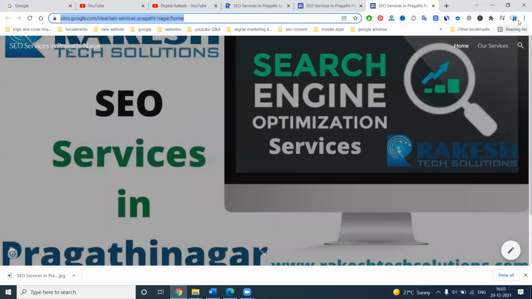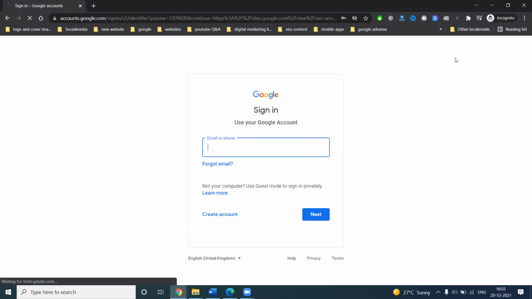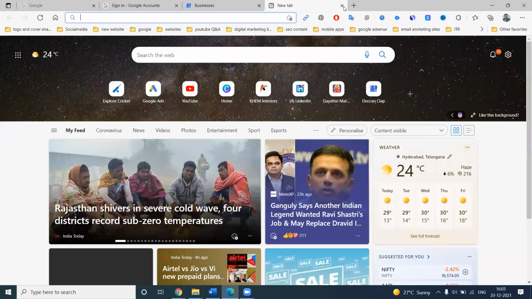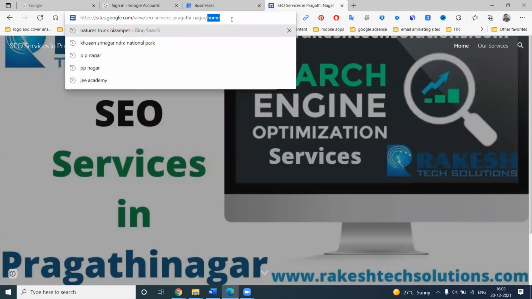So when I click view, I copy the URL and open it in an incognito window. Why am I selecting incognito? So that people know about this too.